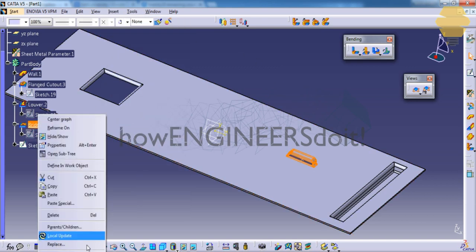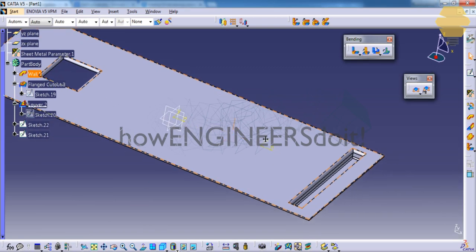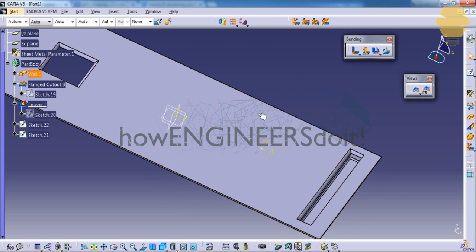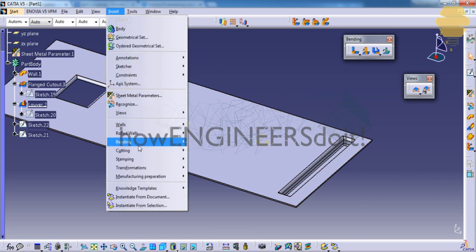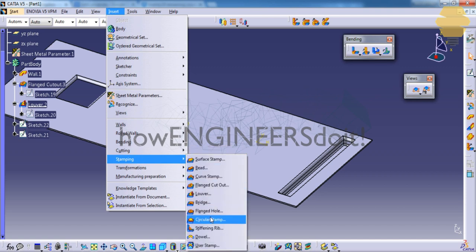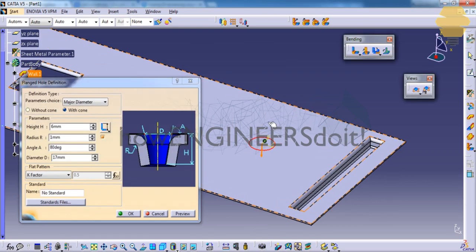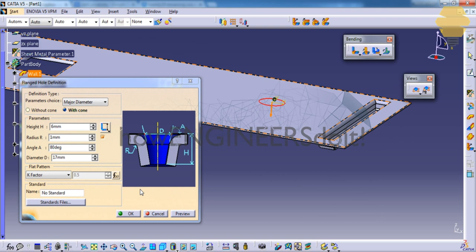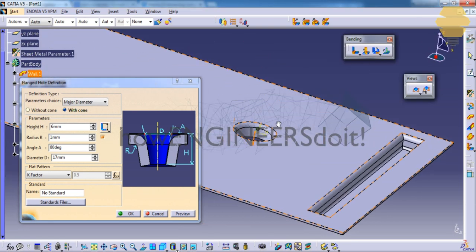Let's first delete the bridge stamp we have here, and the input that we require for creating a flange hole stamp is a sheet metal surface and a point. So let's go ahead and select the flange hole stamp, and let's click on the point and the surface as we have done before, and then click on the preview, and you can see a hole is being created with